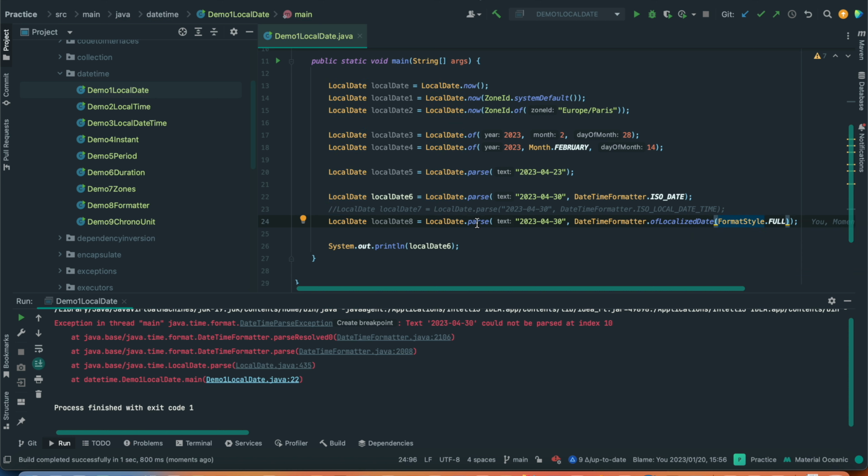The same happens when you are using the second style of creating an instance of a date object. We see here that we are passing this date and we are using this date format, and it's going to fail because it's unable to read this date using this format that you have actually passed here. So this is why it's failing. So let's